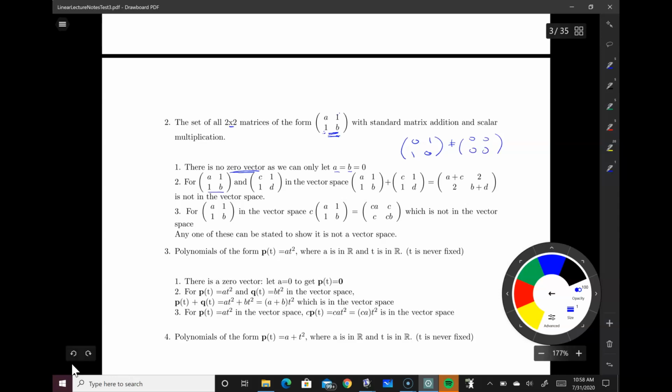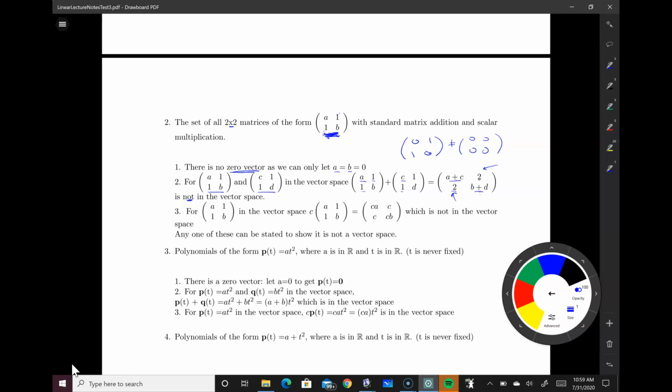All right, so if I take 2 matrices that are in this set and then I add them together, I get A plus C in that position, I get a 2 here, I get a 2 here, and I get a B plus a D. So these here, A plus C and B plus D, they're okay. They would be just real numbers that would still stay in the set. So this would be just a constant here and a constant here. But this 2 here and this 2 here does not fit the form of the matrices. So it is not closed under